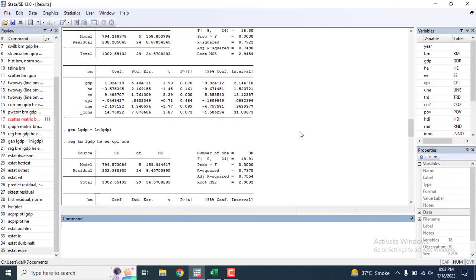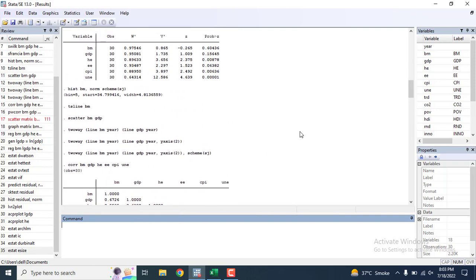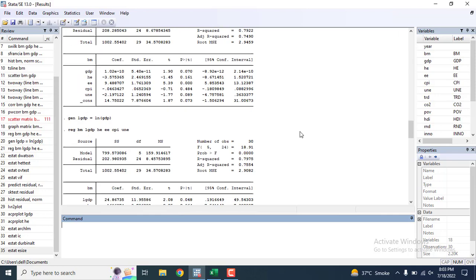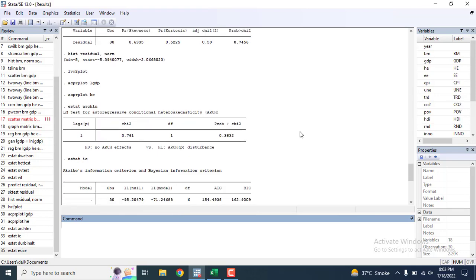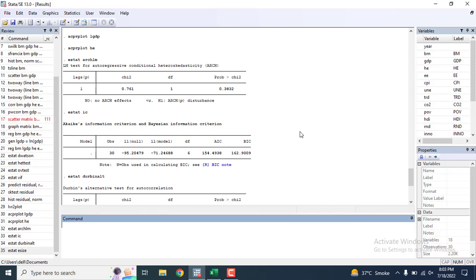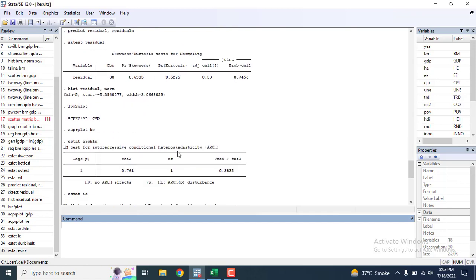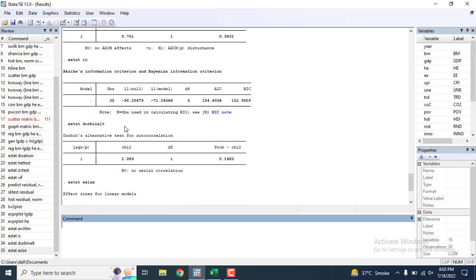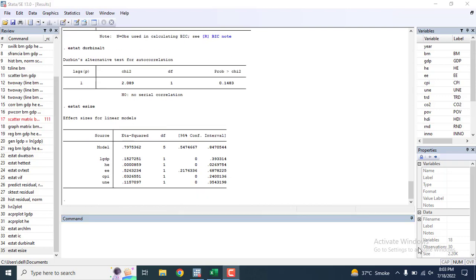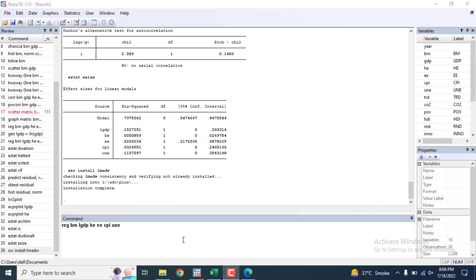Most of them are applicable in any type of regression, in simple regression, but like the Durbin-Watson test, it is only applicable for time series. So my example was for time series, but if you have cross-section data, you will not be able to do the autocorrelation test. So for the cross-section data, you can do the